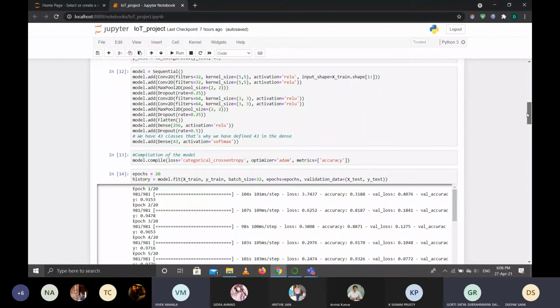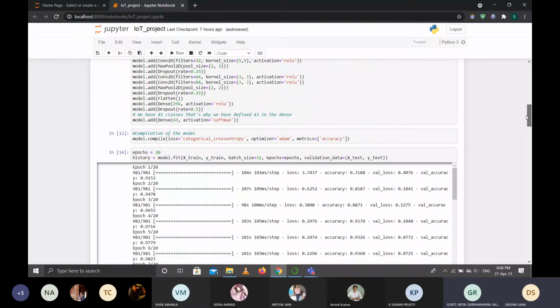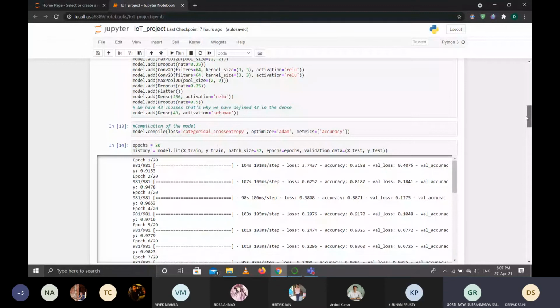And sir, after building the convolutional neural network, the next stage is compilation of the model. We are using categorical cross entropy for the loss, our optimizer is Adam, and the metric is accuracy. Sir, categorical cross entropy is a loss function which calculates the loss used in multi-class classification tasks. It is given by a formula. And Adam is a replacement optimization algorithm for stochastic gradient descent for training deep learning models. It provides an optimization algorithm that can handle sparse gradients or noisy problems.